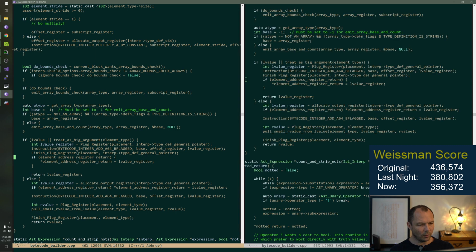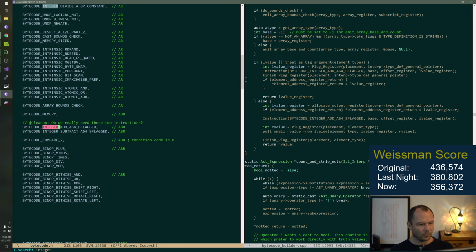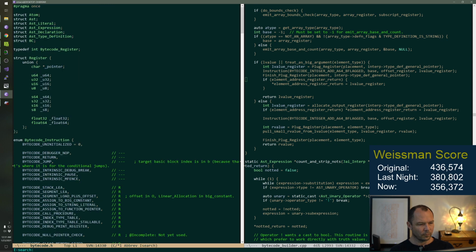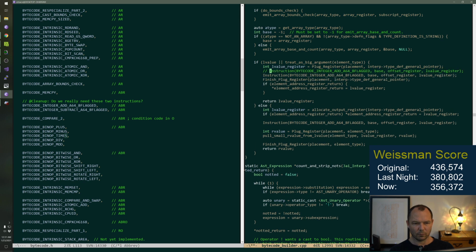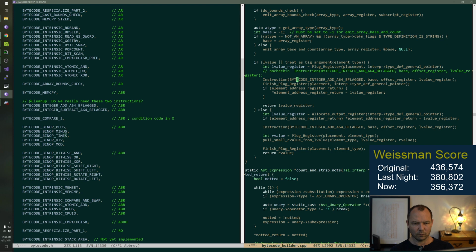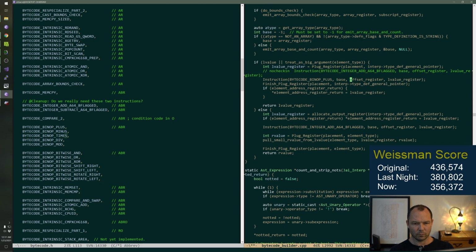Okay, I want to get rid of this A64B flagged. I mean, I kind of want binop plus. So why am I not doing that? Because they might be different type sizes.